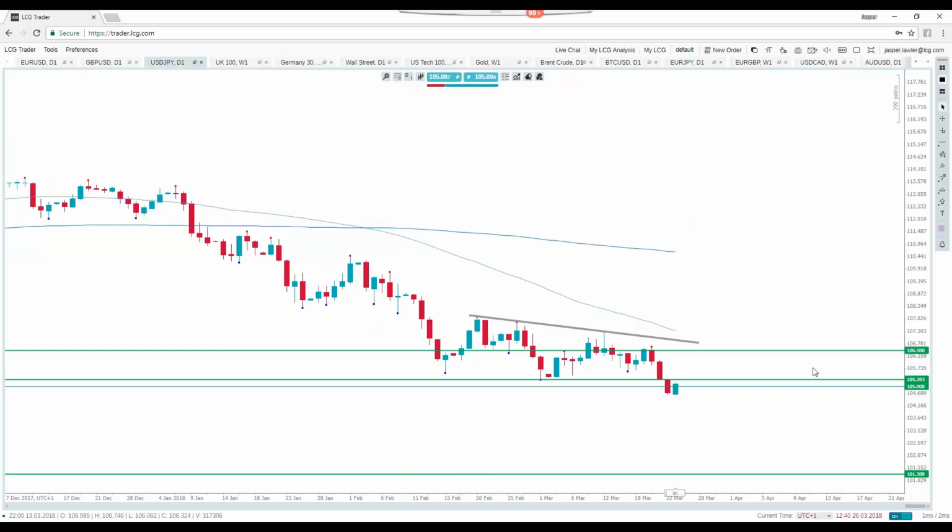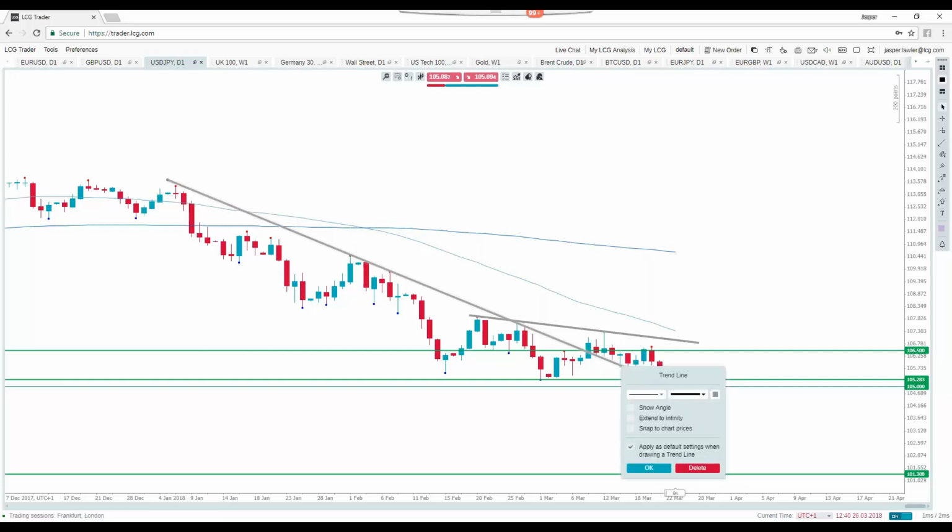Switching gear to dollar yen. So I misread this a bit previously. I did caution myself and others that it's still a downtrend, but I was looking for the previous trend line that we had on here, which was something like this. So you can see it was being respected, but ultimately just the fact that it's a downtrend won out. So we've got a break of the trend line.